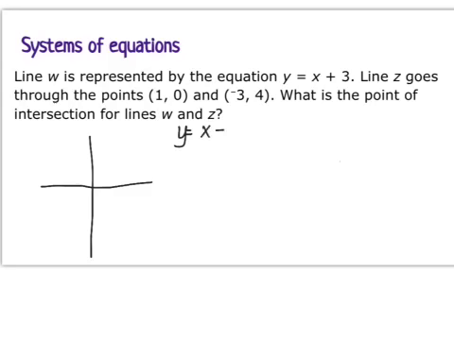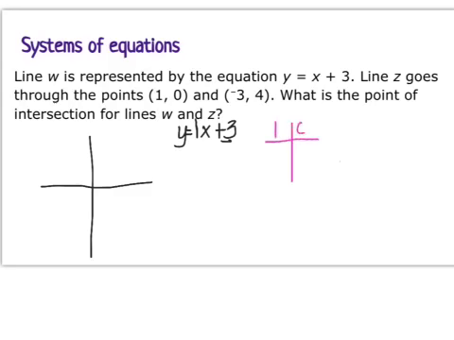So the y-intercept of this line would be at 3, and the slope would be 1. I don't have a number in front of the x, so really that's like there was a 1 there. So our slope is 1, y-intercept is 3. For the other line, all I'm given is 2 points. So to find the line,